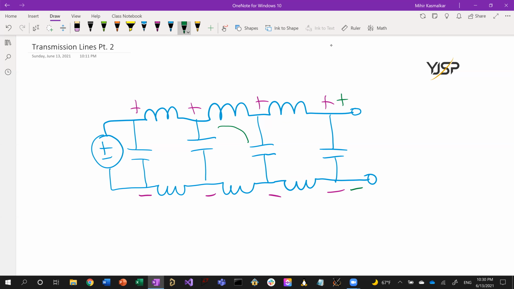And then this next one will do the same thing. It'll charge the capacitor up to twice this value. And from the end back to the beginning, each of the capacitors is going to be charged up by the current that's being dumped onto it from the inductors. And then eventually the current wave reaches the beginning, and that's the end of the signal propagation